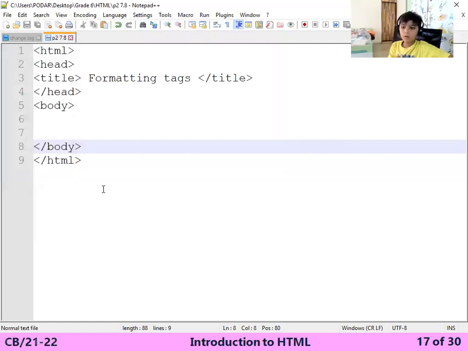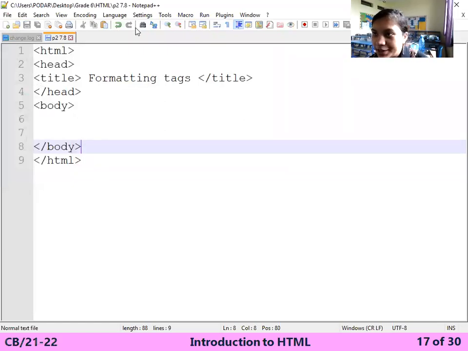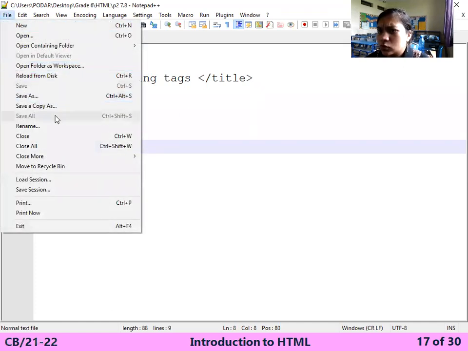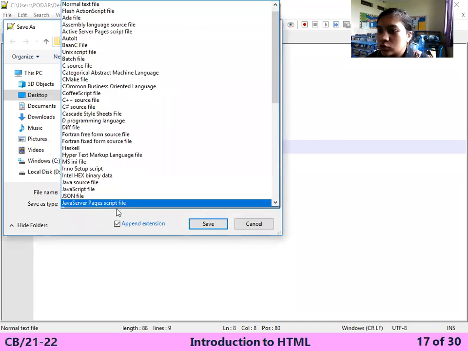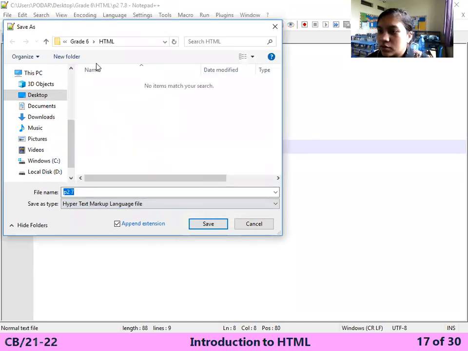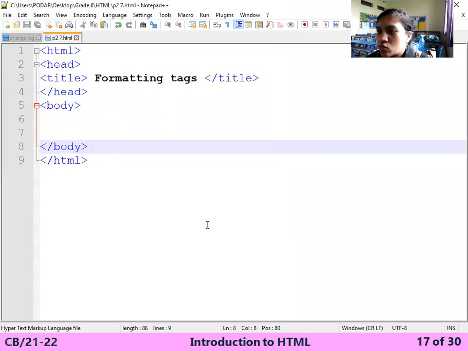And I saved it, so it will be our HTML file. Then I'm going to Save As. Now it's saved, and you can see the extension here also.